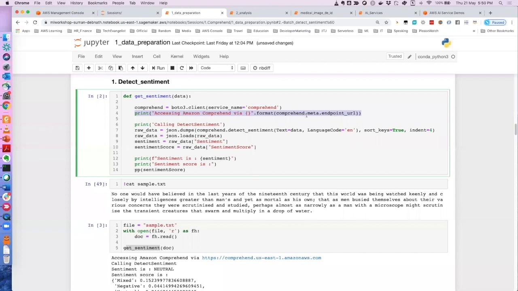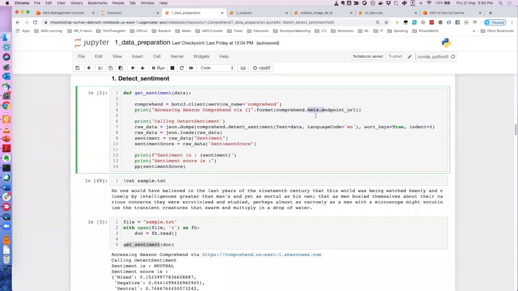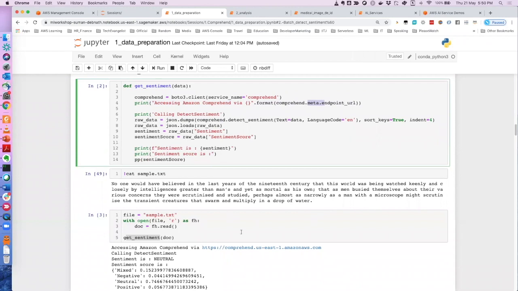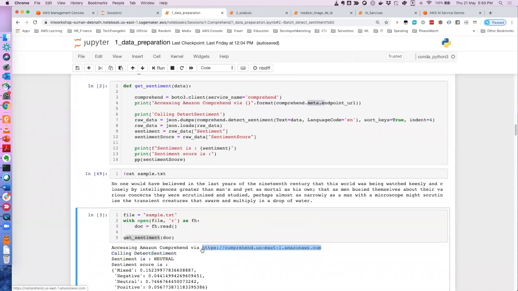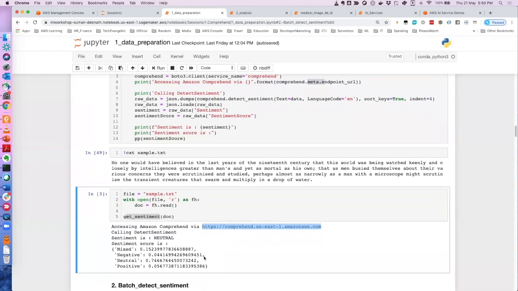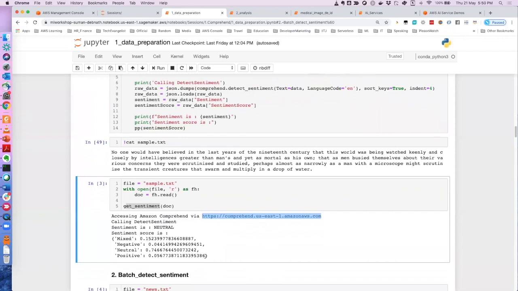So I'm printing out that endpoint using comprehend.meta, because this is metadata. This way you know that your text has gone to this endpoint, and it has analyzed that text and sent you this JSON response. It is as simple as that.